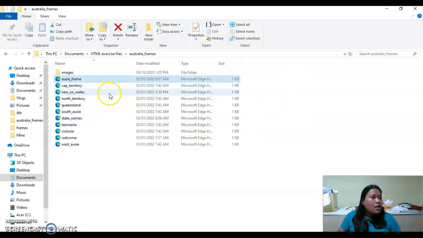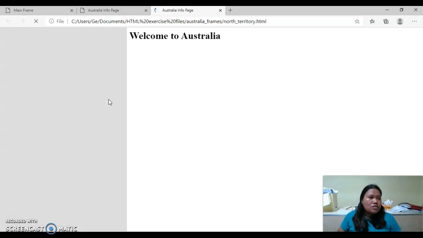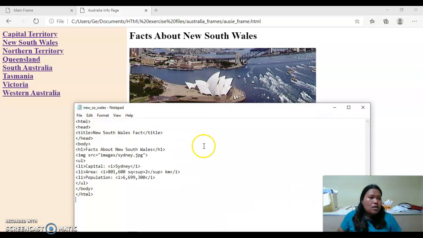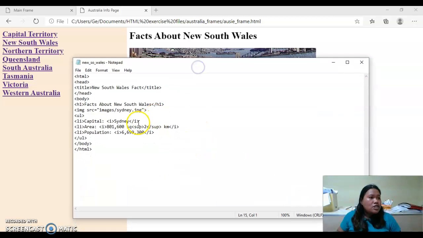Then for the New South Wales, this is the format. Just the basic thing, okay? The basic thing, whatever you want to put.